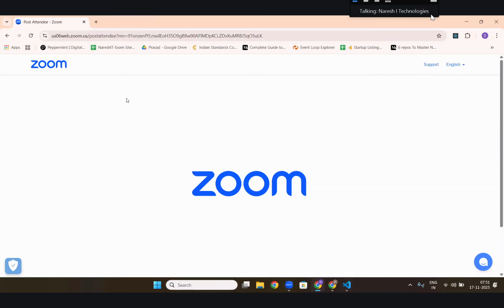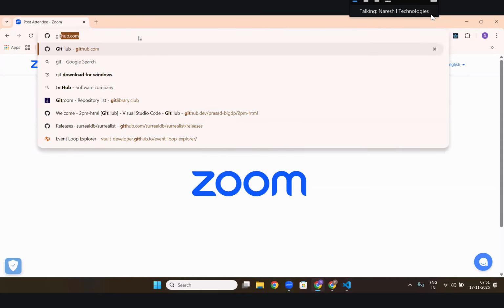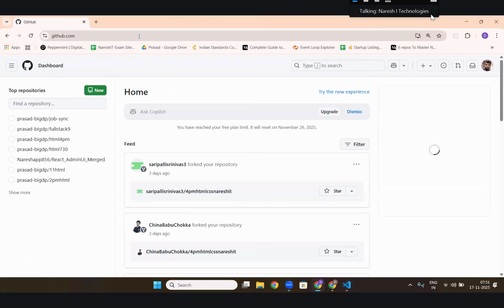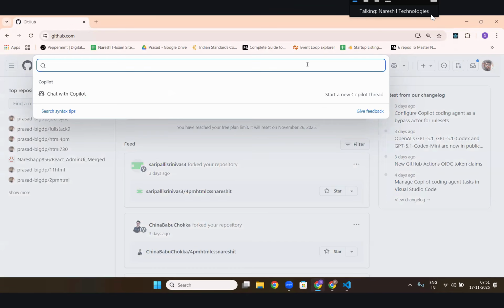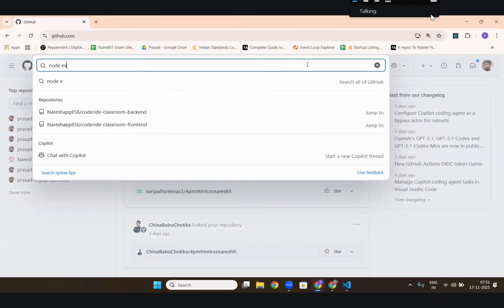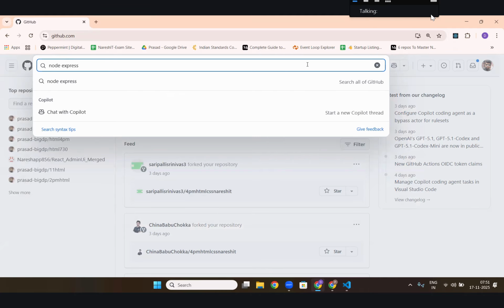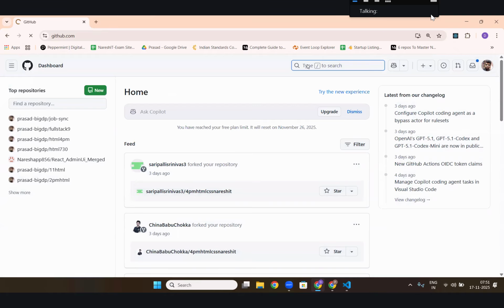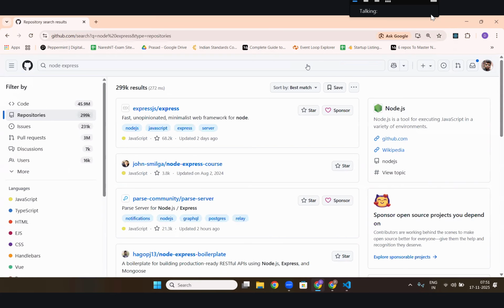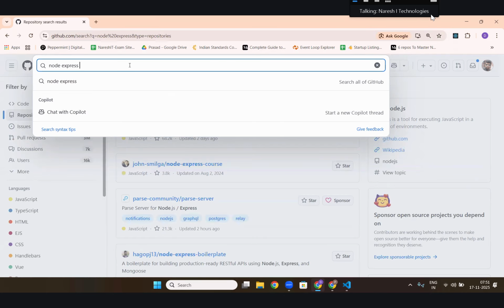I will go to the repositories of GitHub. I will open my GitHub and type here Node Express. Node Express. Let's take e-commerce.